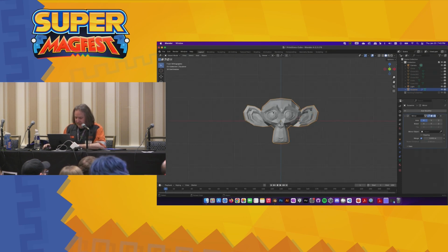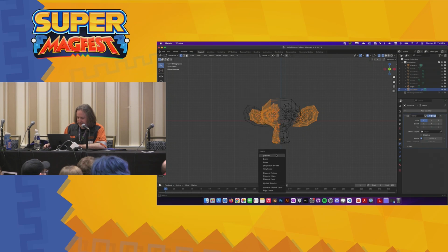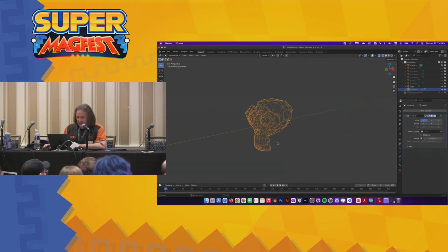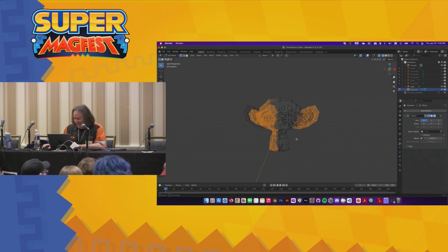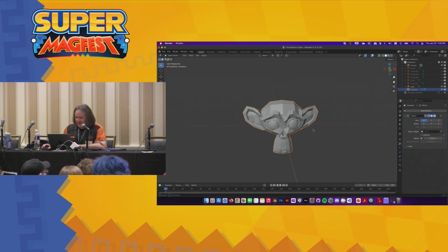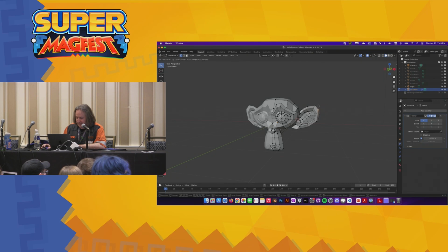So what we can do is go in and delete the left half of the model. So I'm going to do a box select on this whole side and not do what I was trying to do. I have failed, because I still had the ear selected, so there. So now we have half of a model that anything I do will affect the other side.